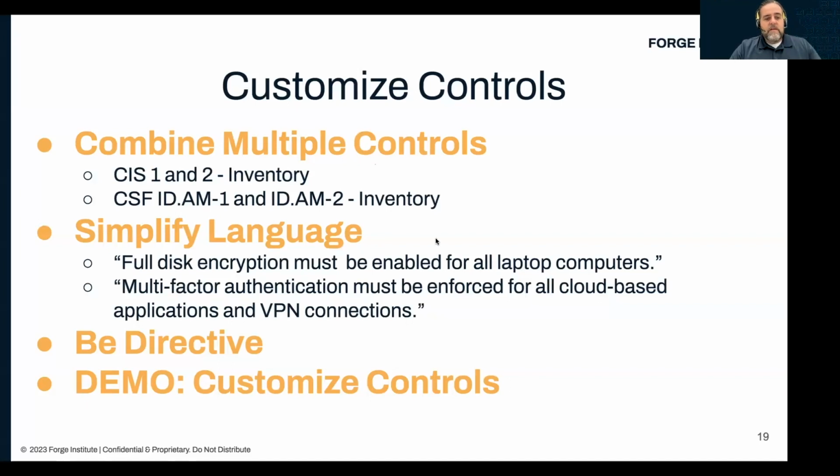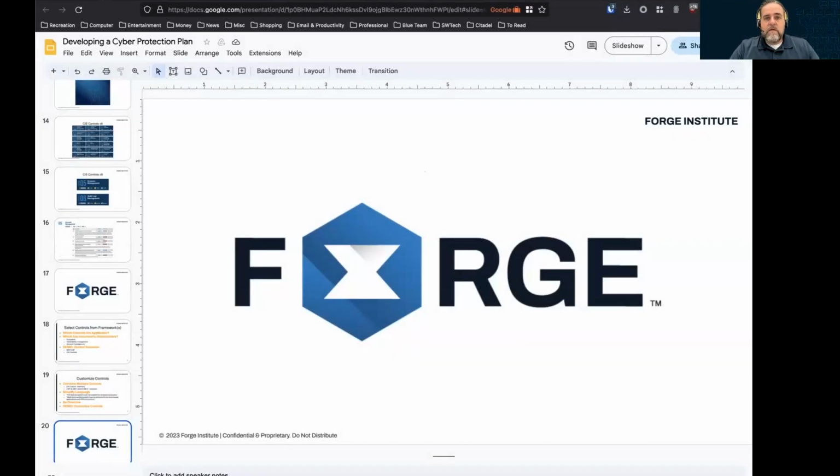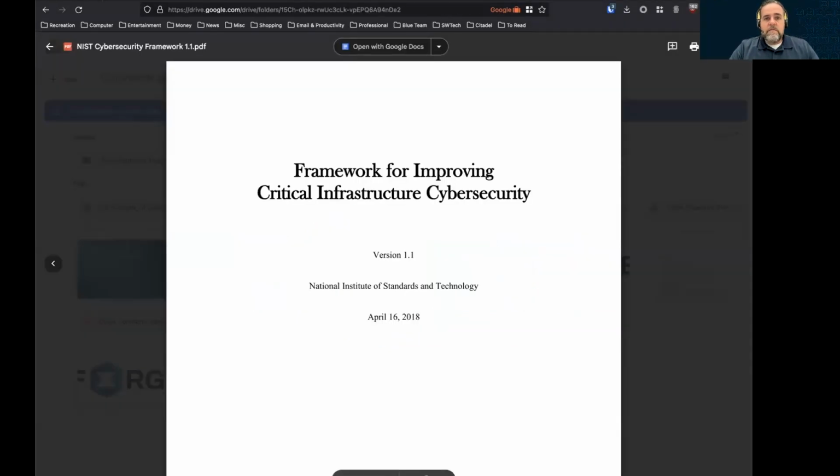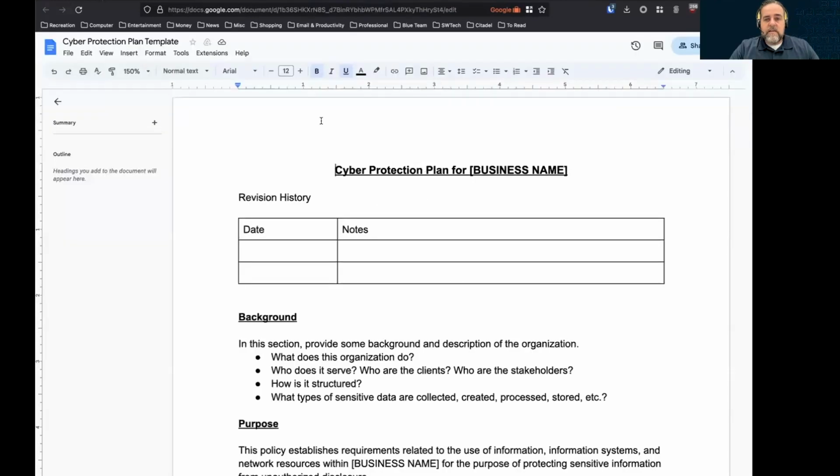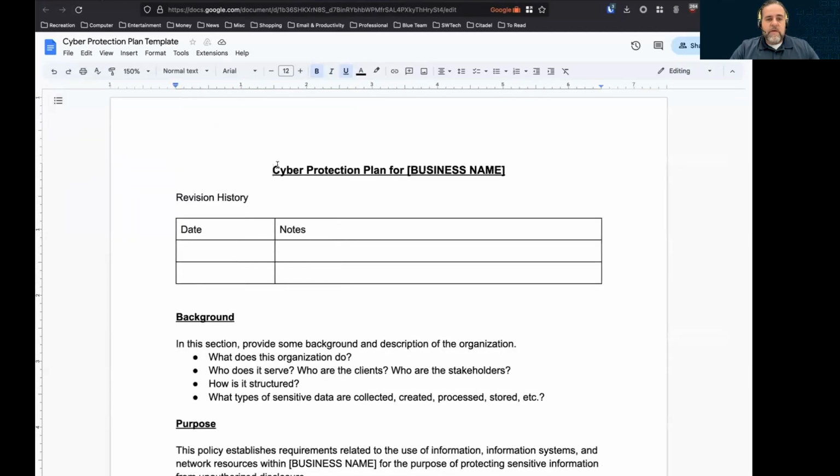But we've got a template in here that I think the Forge folks can share for creating this. And I call it a template, but it's really not. It's really more of a framework. Perfect. So I think, Dugan, I don't know if you can share this or not with the group, but I'd appreciate it if you did in a PDF format or something like that.